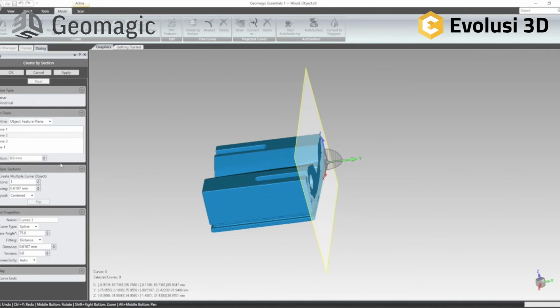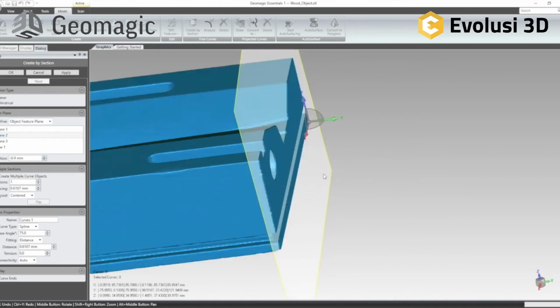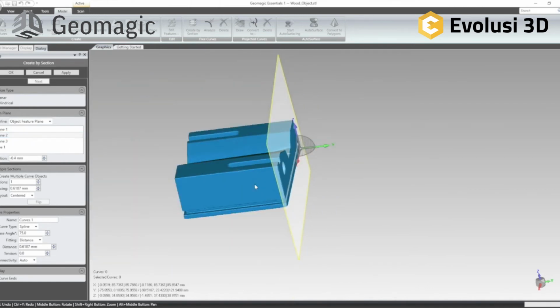I can change the position a bit, so more inside the object like that. And if I want to have several planes over here, I can go up with my planes over here, let's say 60, I can say 3 millimeters,